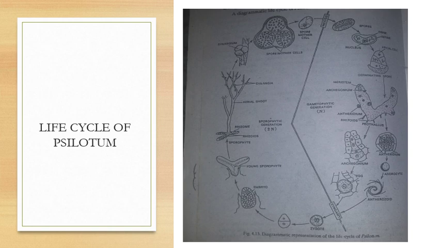Now I am going to discuss the life cycle of Xylotum. The dominant phase in the life cycle of Xylotum is the sporophytic generation. Each sporophyte gives rise to synangia. Inside each synangium, spore mother cells are produced. Each spore mother cell, after the process of meiosis or reduction division, gives rise to spore.